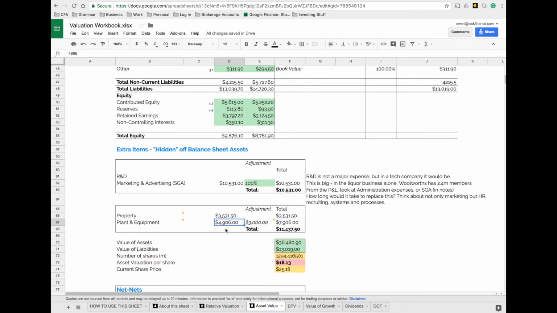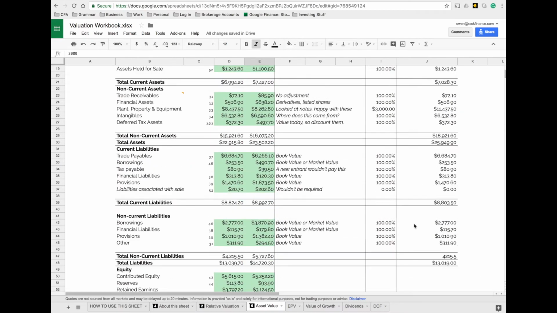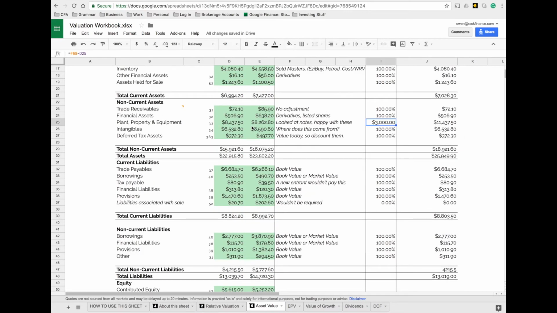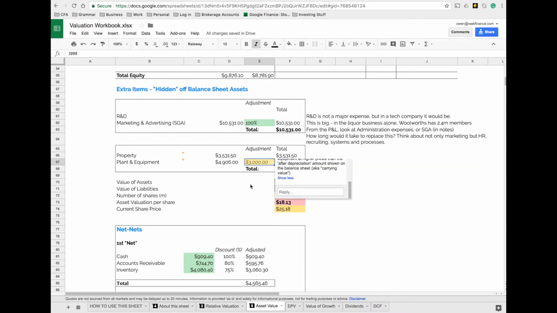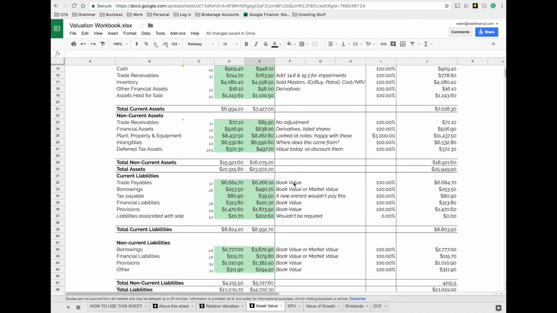So let me just make sense of that. If I bought my car 5 years ago for $20,000 and I've depreciated it at $3,000 a year, the current value of that car would be much less than if you had to buy that car today. So what we've done, instead of saying a car, we've said everything on Woolworths' balance sheet. I've added back $3 billion here. So you can see that gets added back up here, and we've adjusted upwards the property, plant and equipment to $11.4 billion. Realistically, that is very conservative because Woolworths likely has things on its balance sheet that have been there